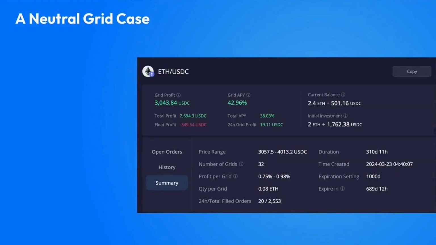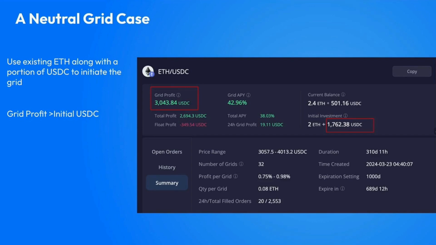Let's look at a real case of a neutral grid. This is an ETH-USDC grid strategy. The initial investment was 2 ETH and 1,762 USDC. The current balance has 2.4 ETH and 501 USDC, showing that this strategy has bought some ETH. The grid profit generated by this strategy is over 3,000 USDC, which already exceeds the initial